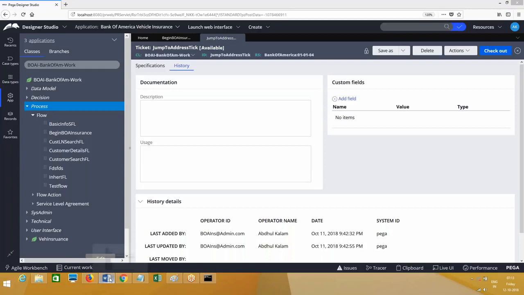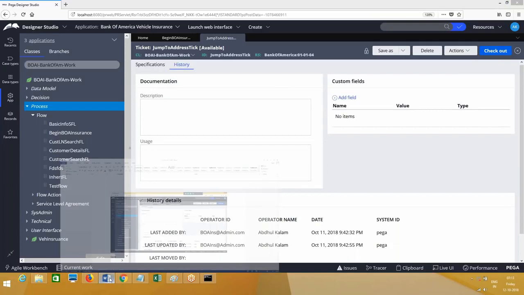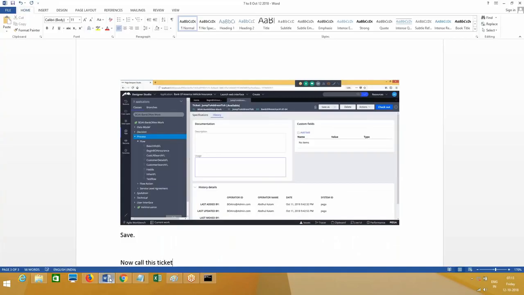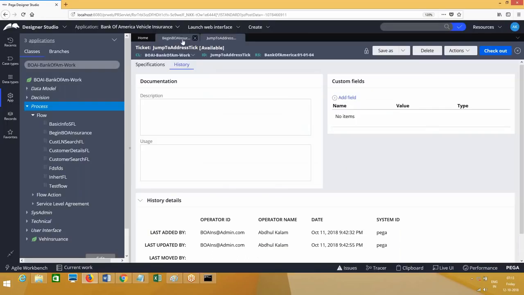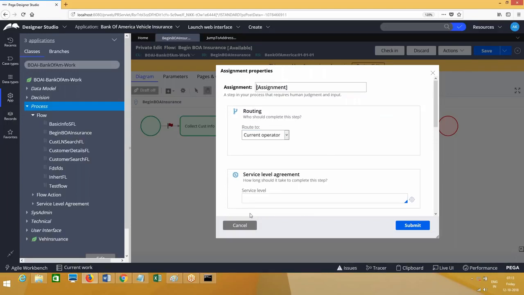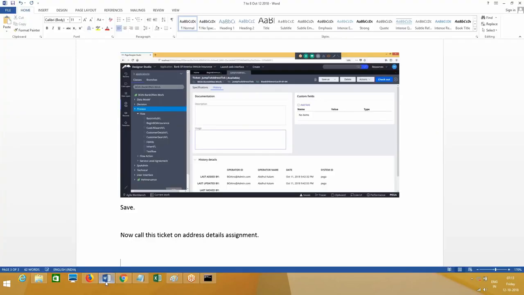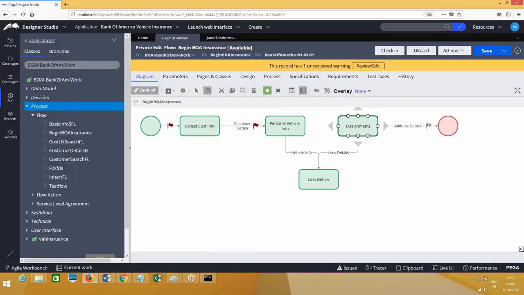Now, where should we call this ticket? I'll call this on the address details assignment. Double click on address details assignment, go to Tickets, and here you go.